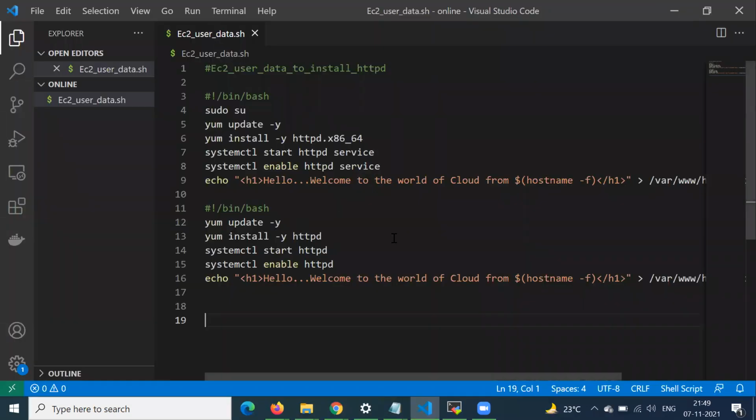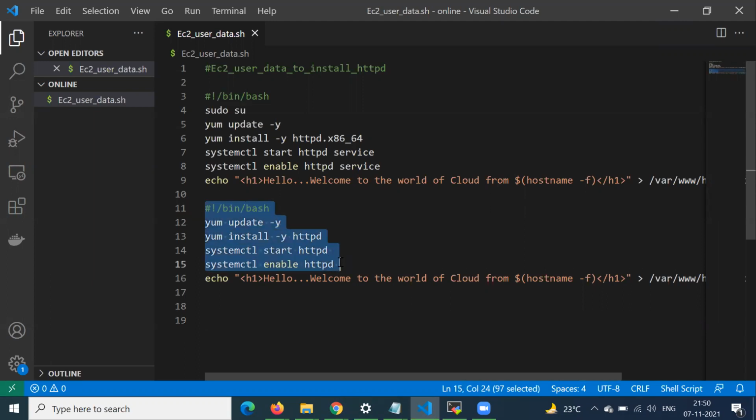For this, we have this data, and I will provide these details in our description. You can find the data. Basically, in this script, we are only going to provide some user data that will update our Linux server, and then install the HTTPD Apache server, and then enable and start this HTTPD server when our server boots, right?